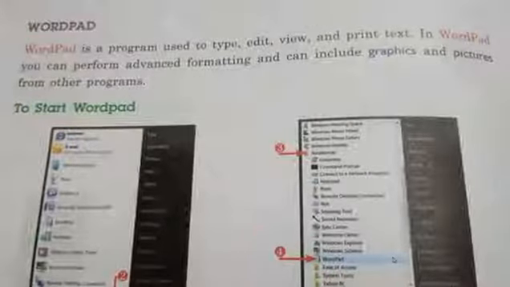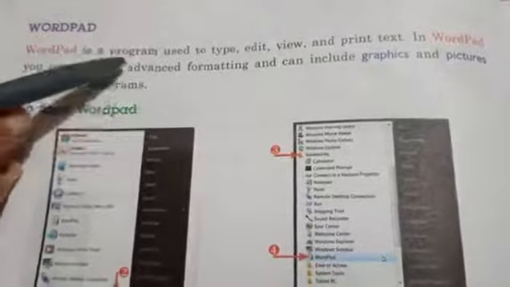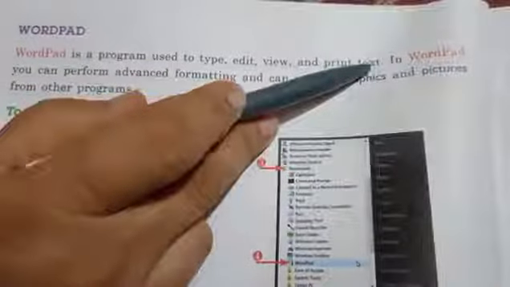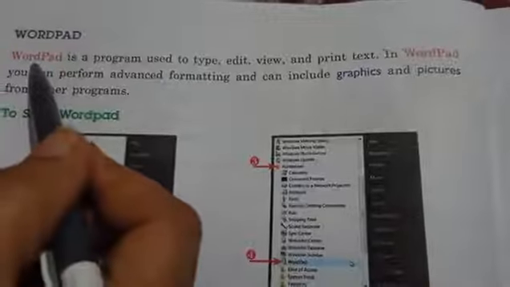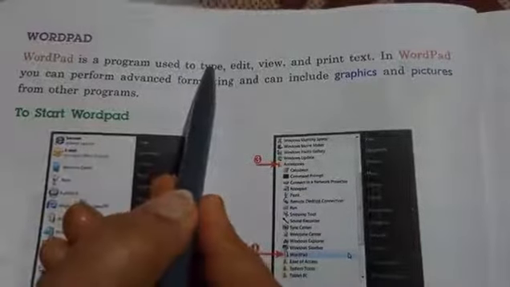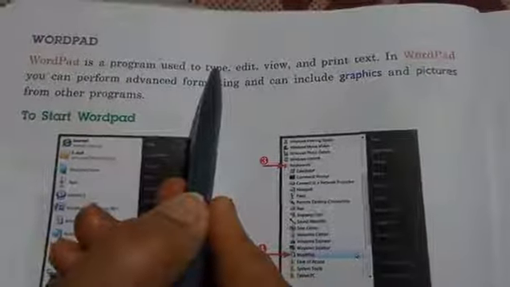Students, our next topic is WordPad. WordPad is a program used to type, edit, view and print text. You can type anything in WordPad.